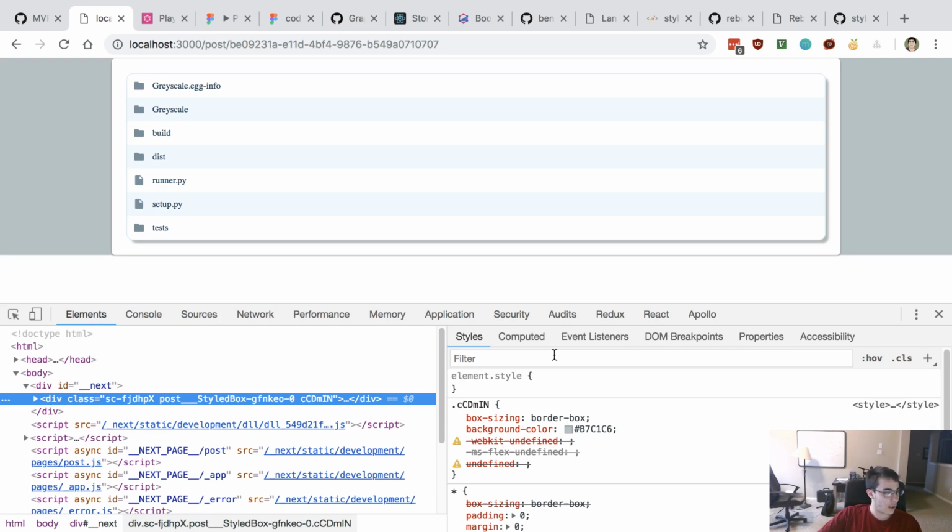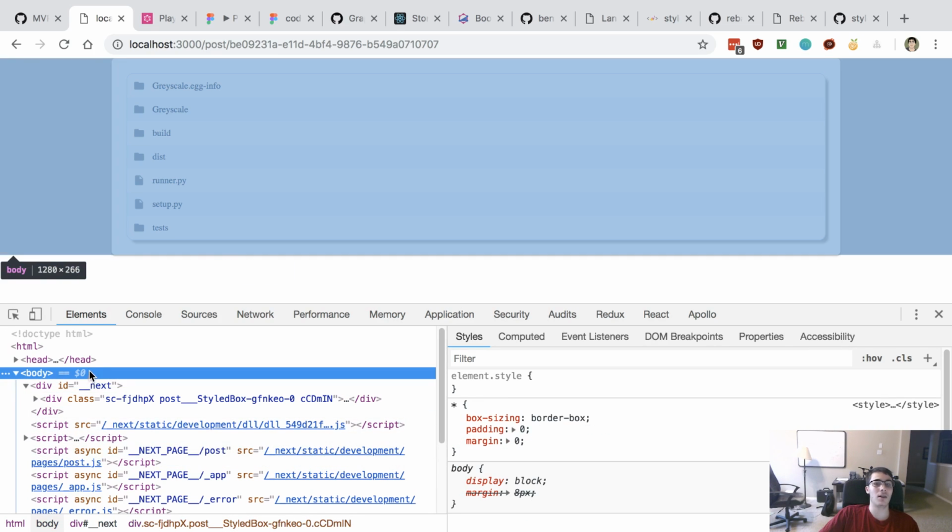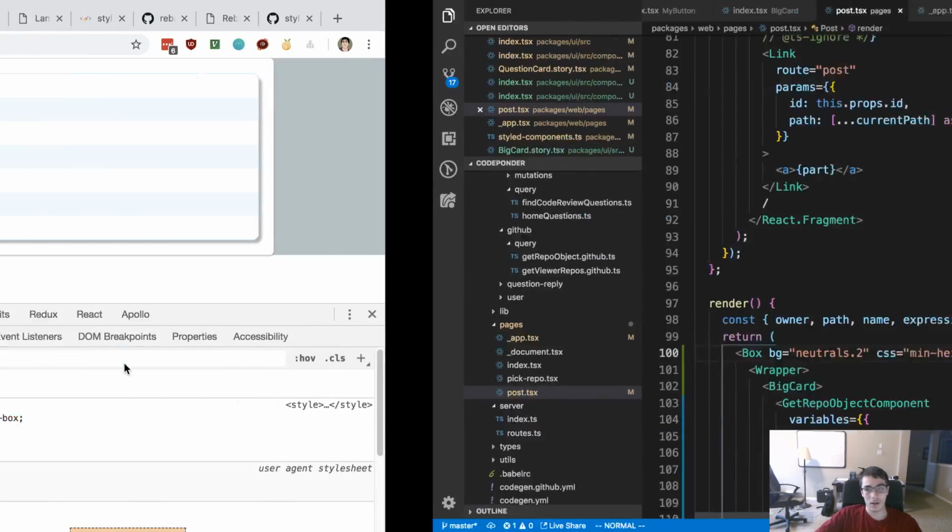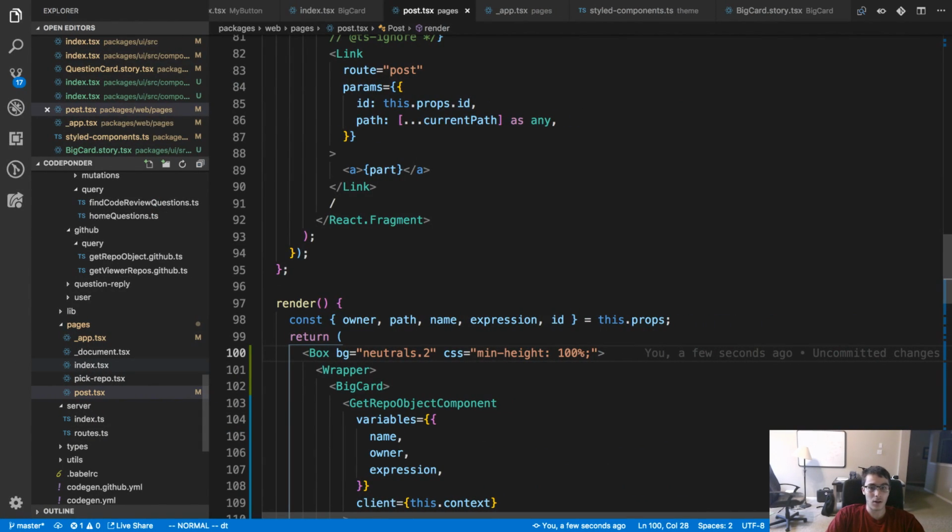Do you want a min height 100 view height? No, what you need is to set the body to a height of 100. Okay, I guess that we can do that in our global style.